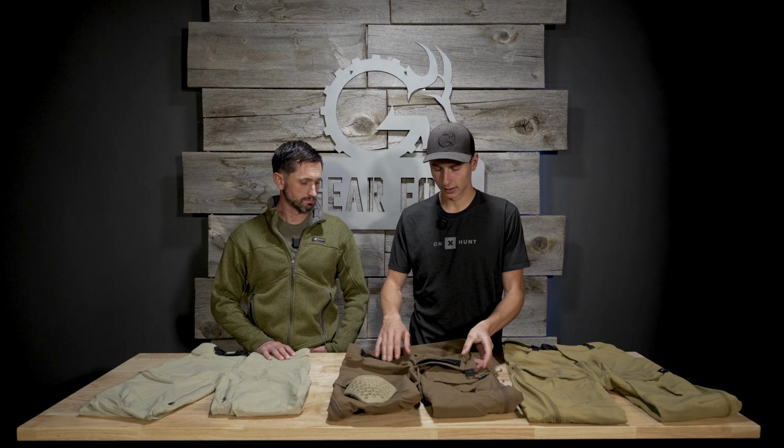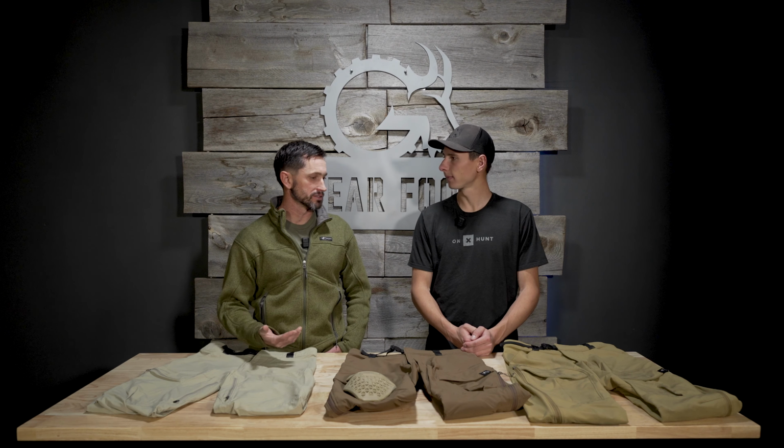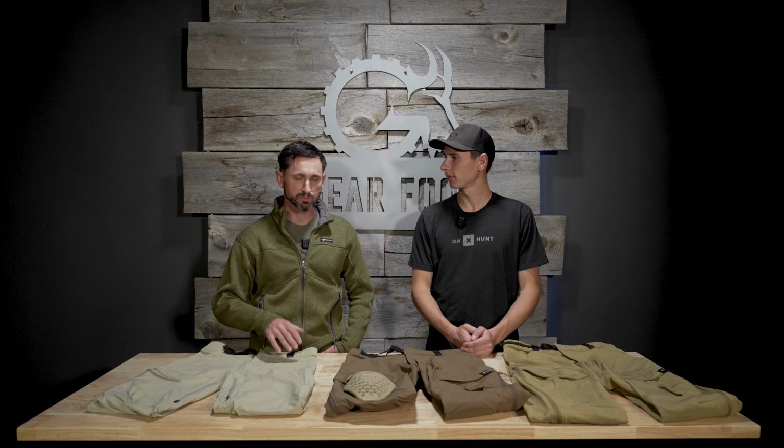I don't use my back pockets that much, so I don't mind the lack of security there. Yeah, I'm the same there. If you want to use it, the pocket's deep enough that you can put a pair of lightweight mittens or lightweight gloves, if you will. Sure. And with that flap, you get some added protection and security, but the point is that you're not sitting on any hardware, such as zippers or buttons, if you want to, when you take up a glassing position, for